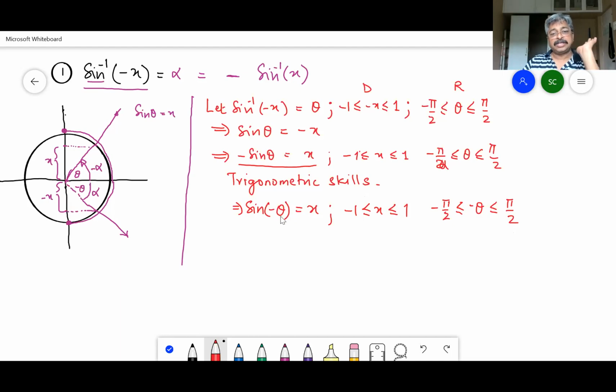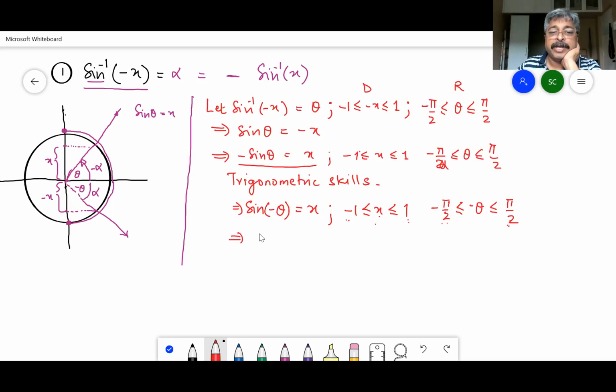Okay, now this is a comfortable situation. Why is it a comfortable situation? Because now if I want to take sine inverse of x, x must be in -1 to 1. That is the domain of sine inverse. X must be between -1 to 1, which is right now, and the angle that you will get should also be between the range minus pi by 2 to plus pi by 2, which is the situation right now.